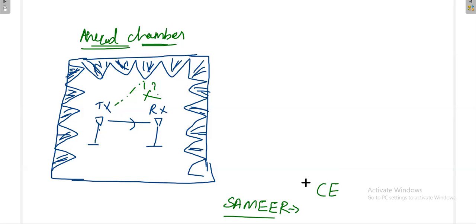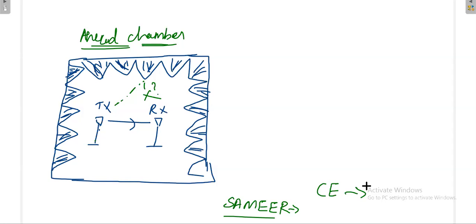CE means conducted emission. Because electronics have the ability to radiate signal. So all electronic equipment such as TV, radio, and mobile phone, you will have this symbol CE, conducted emission. Because in electromagnetics there are some problems. There are four definitions there: conducted emission, radiated emission, susceptibility, and something like that. That is the main subject.